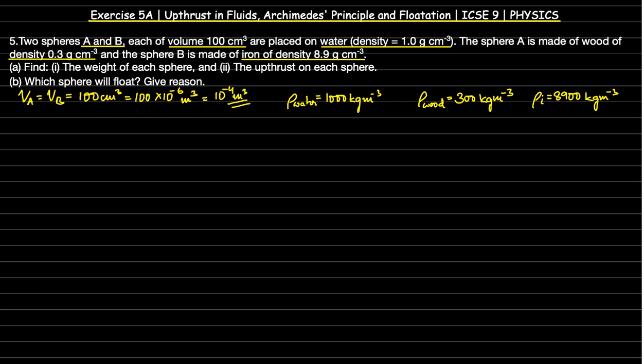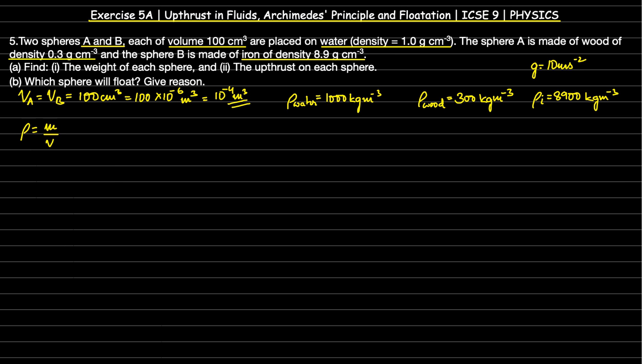Now we need to find the weight of each sphere. Now for finding the weight, we need the mass, because mass into acceleration due to gravity will give us weight. We would consider acceleration due to gravity as 10 meter per second square. So we know the formula, density is equal to rho is equal to m divided by v, that is density is equal to mass by volume. So from this formula, mass happens to be,